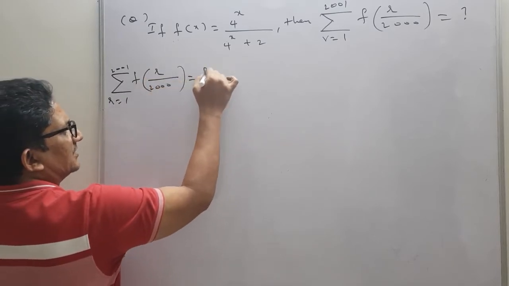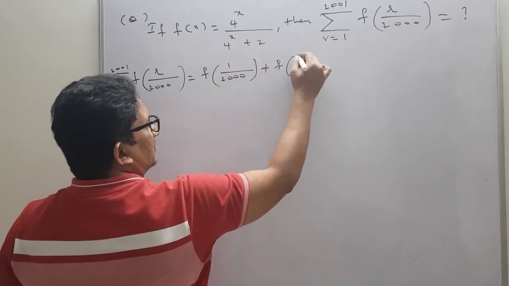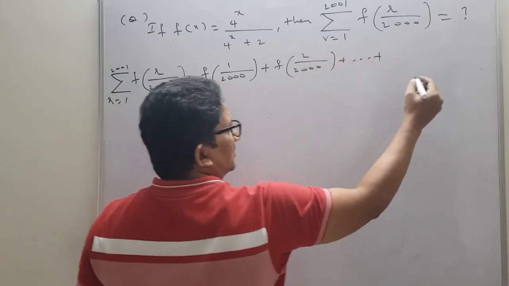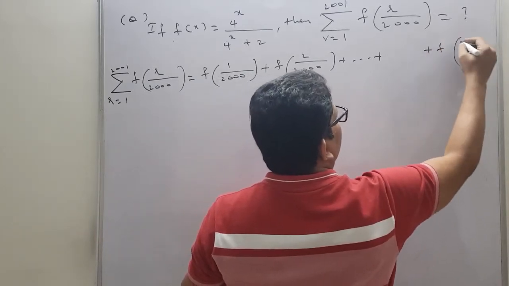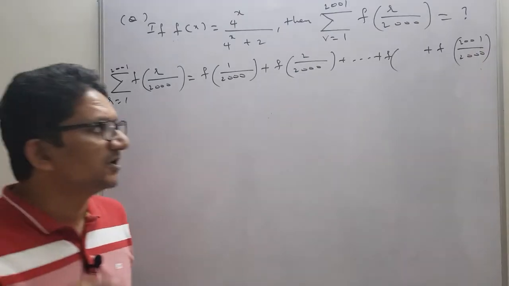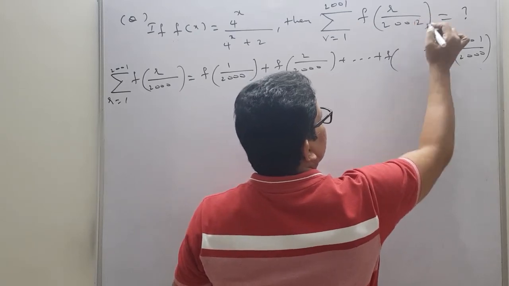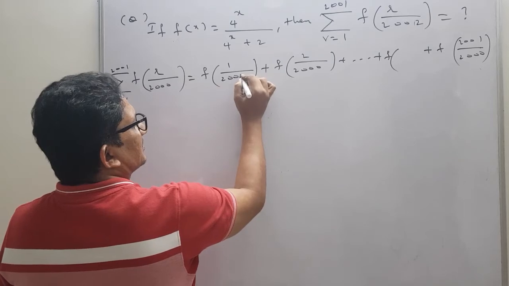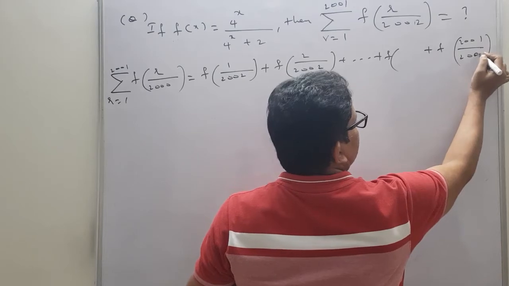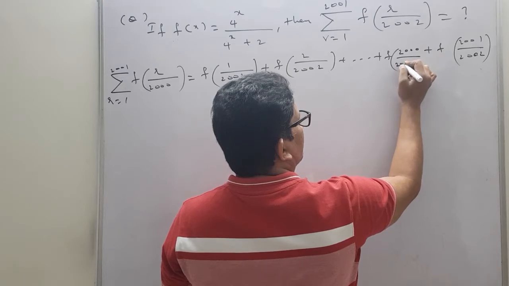If you expand, we will get f of 1 divided by 2000 plus f of 2 divided by 2000 and so on. The last term will be f of 2001 divided by 2000. Okay, students, a small correction in the question. Otherwise, it will be so easy. So 2002 I will take here. So that means here we will get 2002 and here also 2002 and here 2002. The term before that one is 2000 divided by 2002.